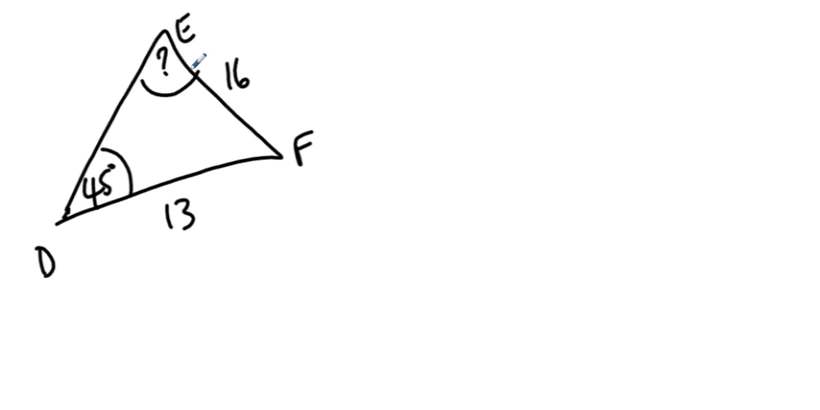So I take some triangle, maybe since we used A, B, and C already, we'll use D, E, and F, and maybe D is 16, and maybe E is 13, and maybe angle D is 45 degrees, and we want to find the measure of angle E. And so again, any side divided by the sine of its opposite angle